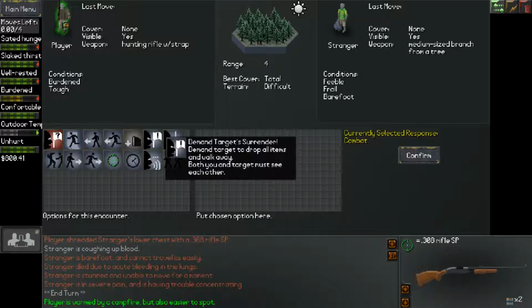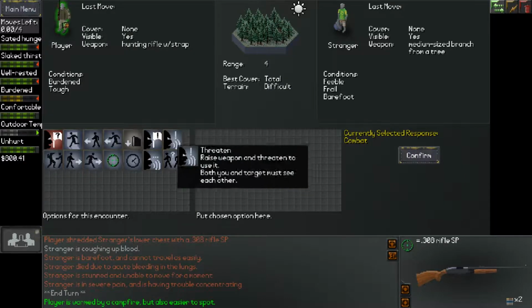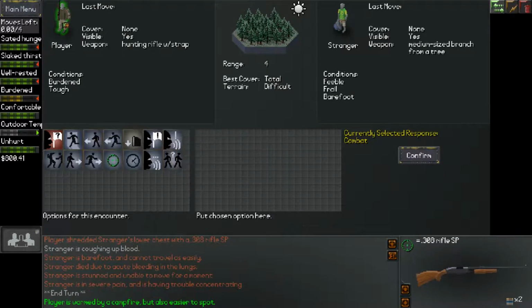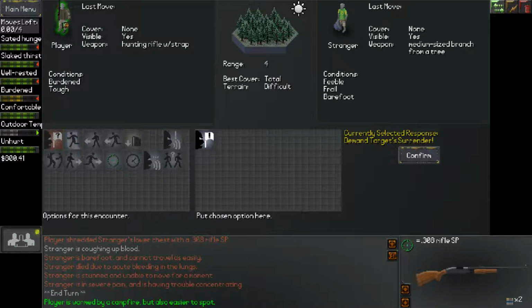I'm tempted just to shoot him, though, and kill him. Because if we kill him, I could just cook him up and I don't have to go back and forth and all this nonsense. So I'll try and see if we can get something out of him. I'm going to demand his surrender. I mean, I've got a rifle pointed at him. Let's see if he's going to